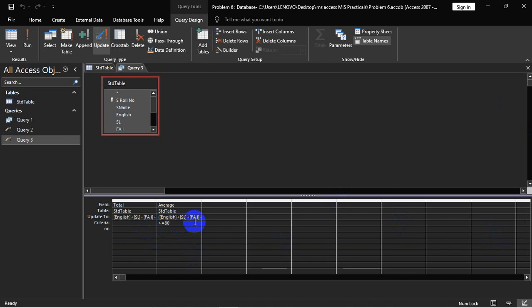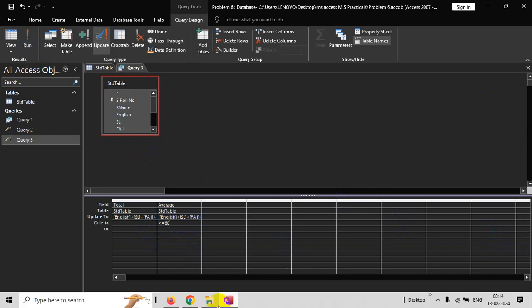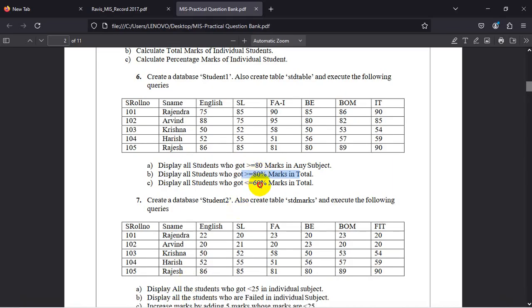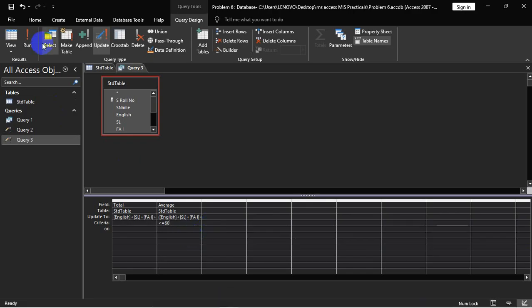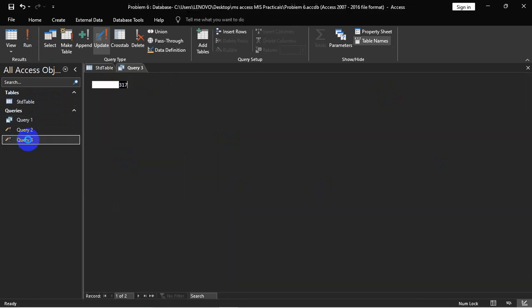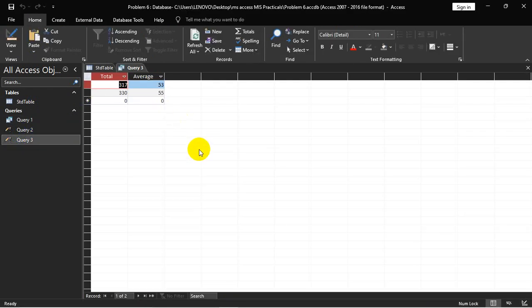Here you change the subject condition to less than or equal to 60. Run it, because this is the third query, 60. So I am giving 60% here. 2 rows are updated. Now check it. These are the 2 rows.